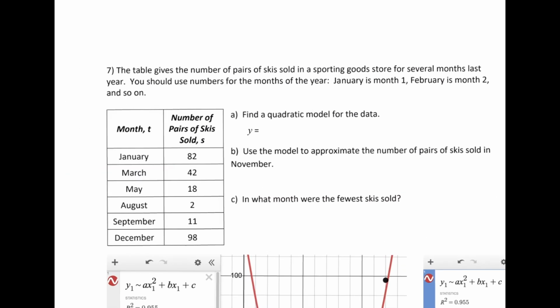So in number 7, we're talking about a sporting goods store that sells snow skis, and they're trying to keep track of their stock and how many skis they sell at different times of the year. You would assume that coming into the winter there would be more skis sold, but nobody's really thinking about buying snow skis in July, so they probably sell fewer skis in the summer. So they give you this table, and they tell you specifically